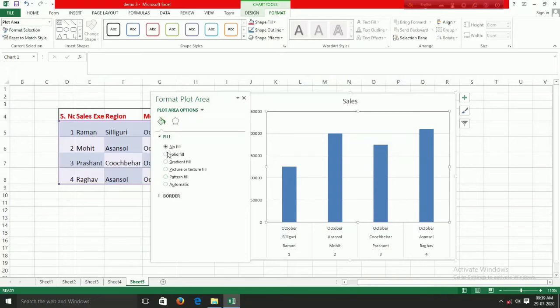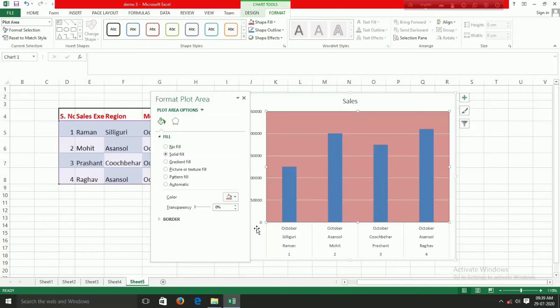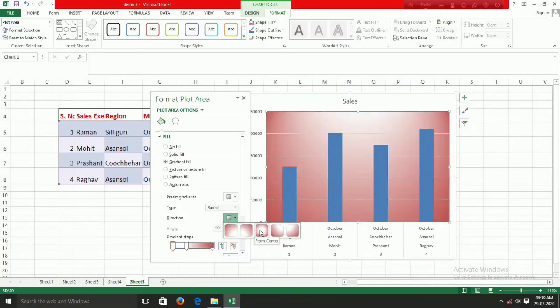So I will select a decent one. Whenever you are making a chart, always think that you have to make a decent chart so that everyone can understand the chart properly. So I am selecting a decent chart style. Here I will show you how to use gradient fill and how to select the different gradient patterns.